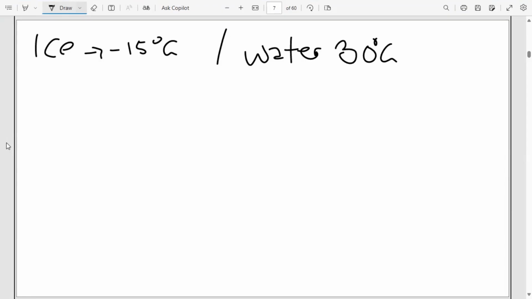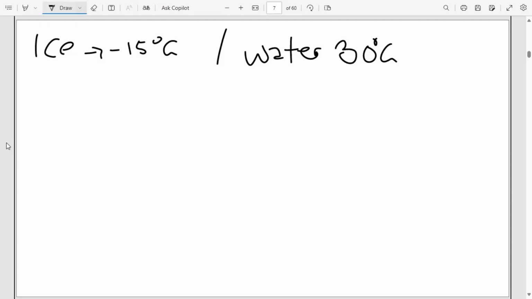Because you know that when you mix two substances at different temperatures, you are going to experience transfer of thermal energy from a substance that has higher temperature to a substance that has lower temperature until they reach the same temperature that we call the equilibrium temperature. So in case they ask you what is the equilibrium temperature here, what are you going to notice? You're going to notice this ice, which is at negative 15 degrees Celsius, what is supposed to happen to this substance? How many amounts of heat are we going to have? We're going to have three different types of heat. We're going to have what we call Q1, Q2, but also what we call Q3.